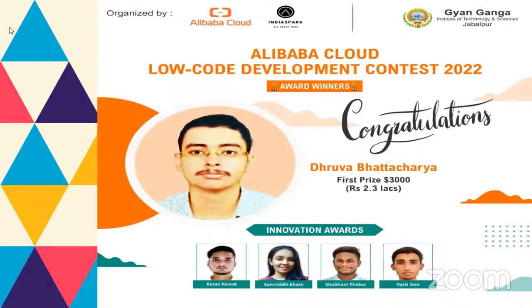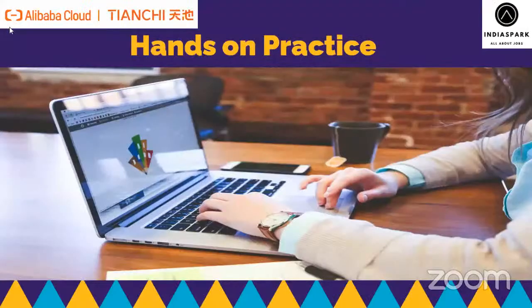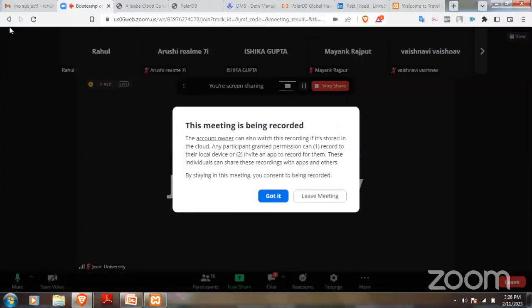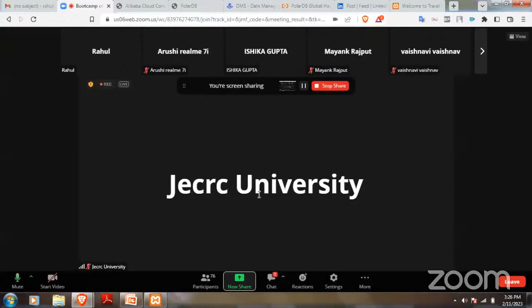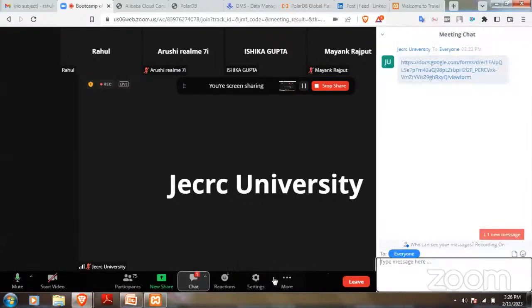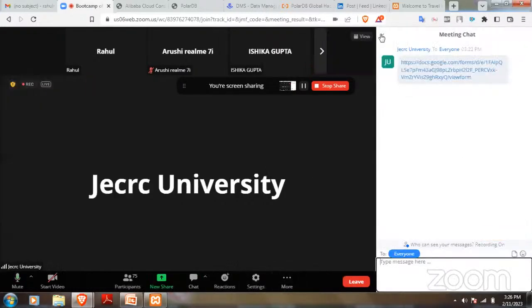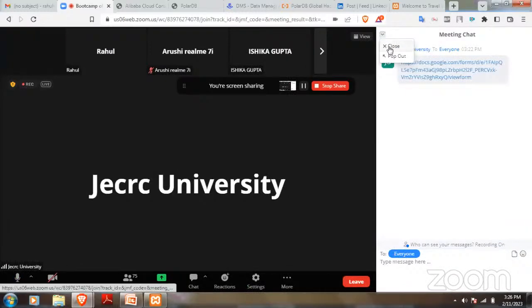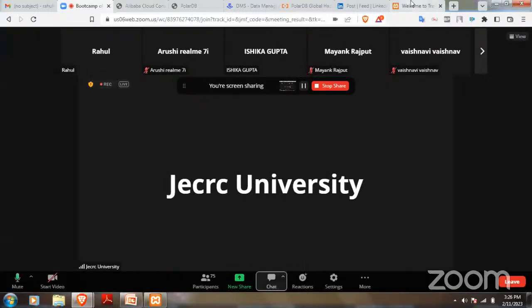Having that in mind, let's do some hands-on practice on this PolarDB and how you're going to use it. But before that, I have created a dummy project for you just to show you how it's going to work. Till now, is there any question regarding the PPT, the terms that I have explained? Okay. So yeah, let me walk you through a dummy project.